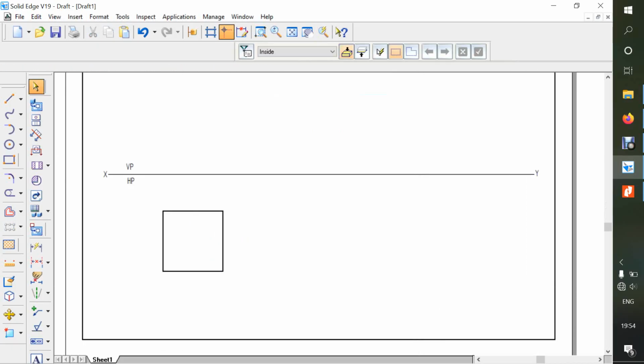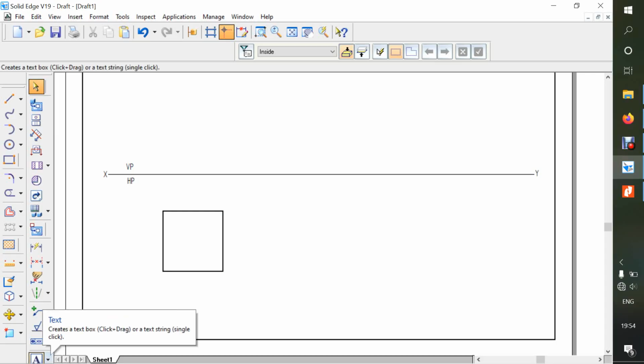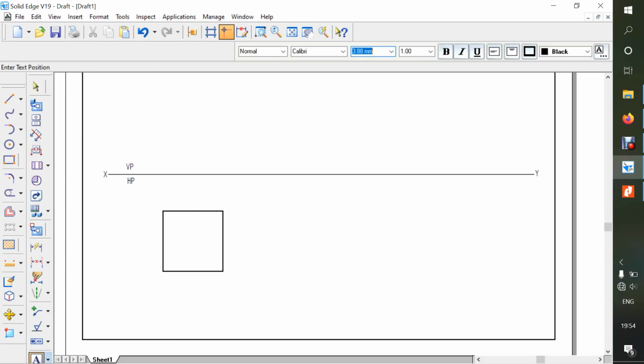So now once you see a square here, we need to name the corners. Here we have two squares, one above and one below, which are overlapping. In order to name that, we'll say text and go to the right side. Always we'll take the resting edge to the right side of the observer.